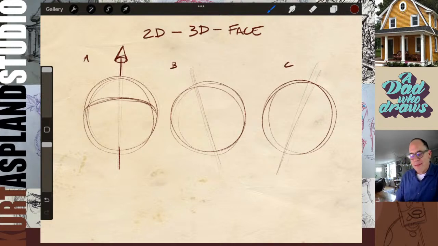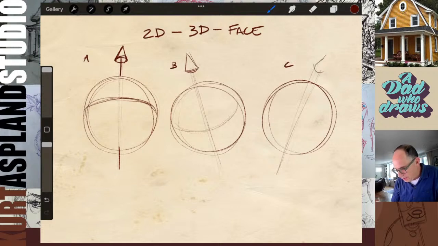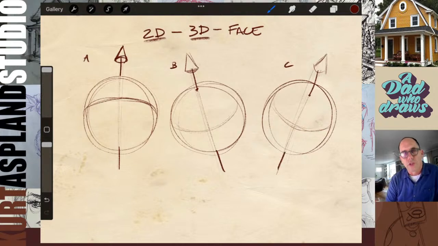Let's say B is coming forward towards us. If B was coming forward to us, we're going to see it like this, and the brow line is going to be turning towards us like this. You see that? It's coming towards us. And let's also make B coming towards us, so B is also going to be coming in our direction, and it's going to be around like this. So that's the 3D axis. We've determined that both of those are coming towards us.